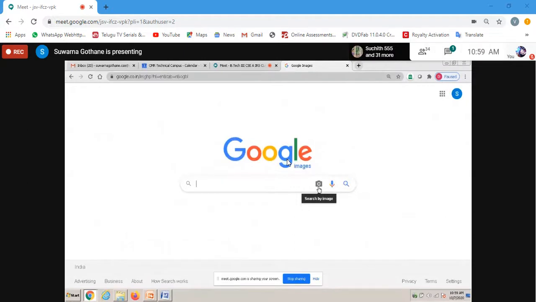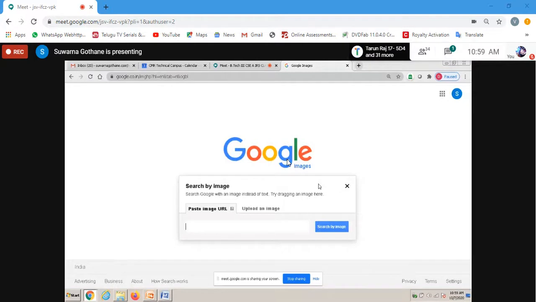So if I am trying to search by image, then this is applicable. Here you will have the option either to give the URL, meaning you go to the location where your image is stored, or you can upload an image by choosing the file.